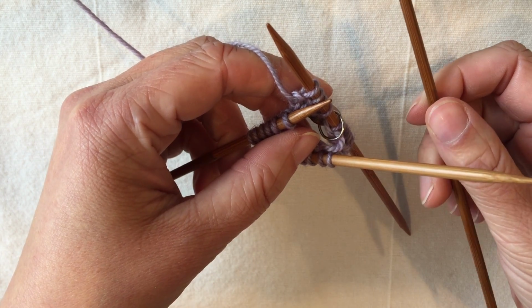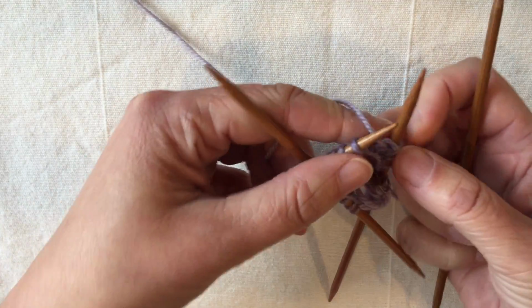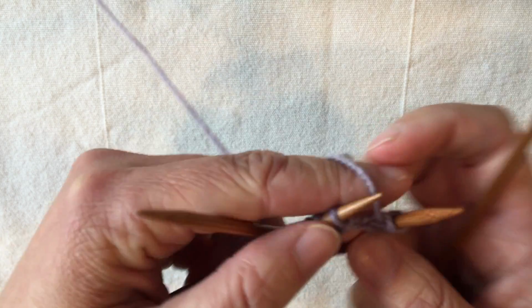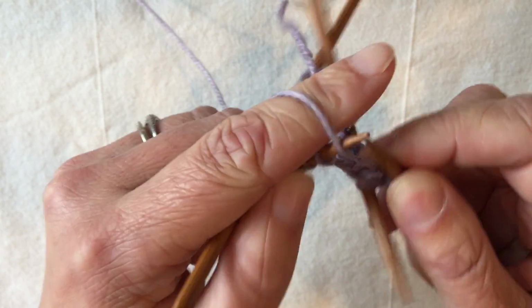Now I'm going to introduce my new empty needle. Turn this just a little bit to rearrange my hands. You notice I'm holding around this needle that I'm not working with, but it kind of is corralled in my hand here and has a space to hang out. And then again, I'm going to knit 2, purl 2,